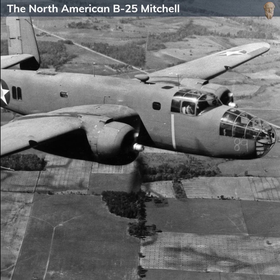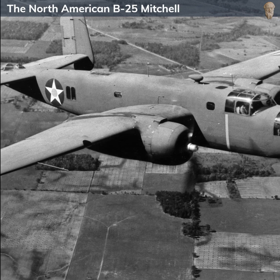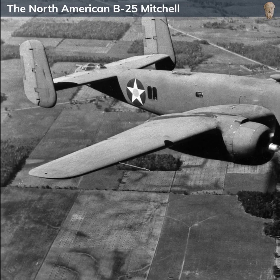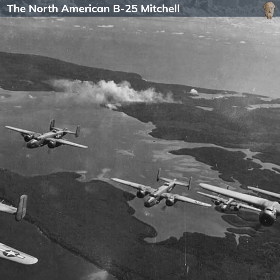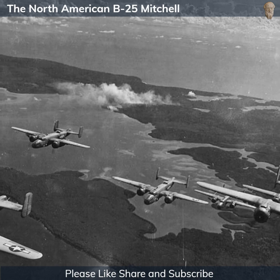the war. The B-25 was versatile and served in various theaters, from Europe to the Pacific, and was used by many Allied nations. Its robust design, formidable firepower, and adaptability made it one of the most iconic aircraft of the Second World War. The design of the B-25 included accommodations for a typical crew of 5 to 7 members, which